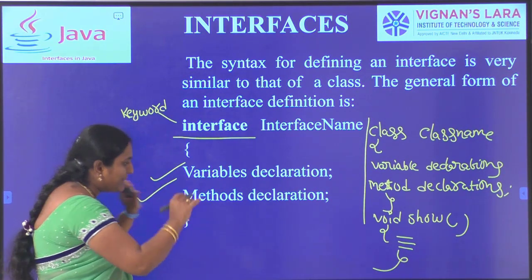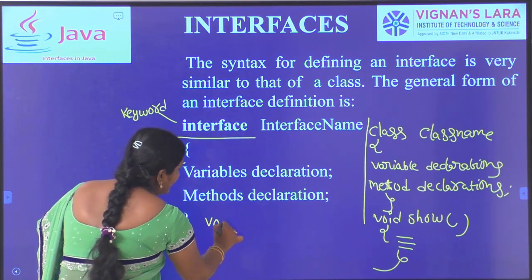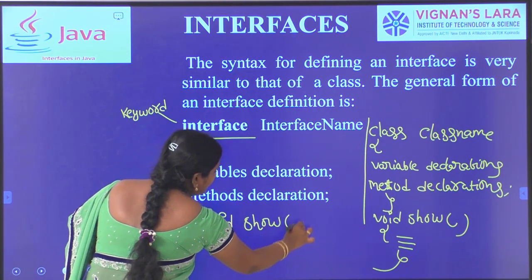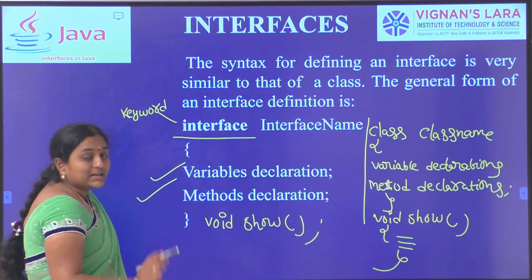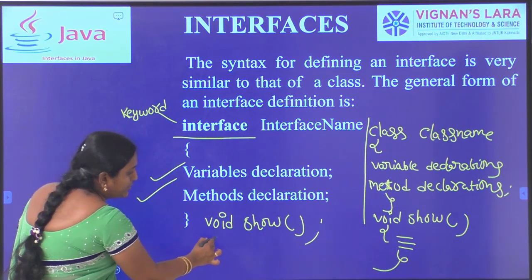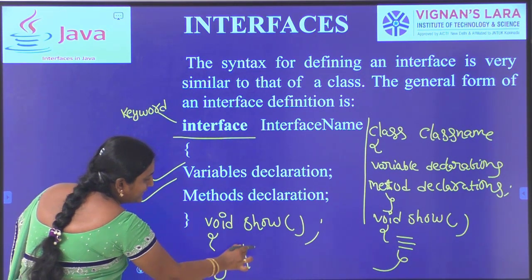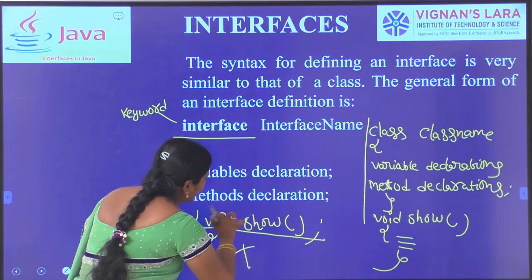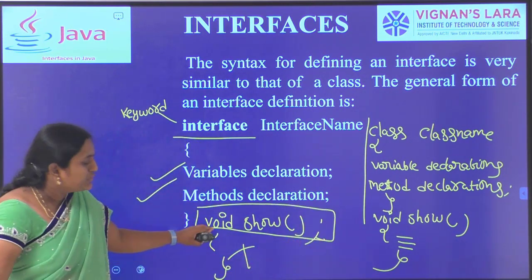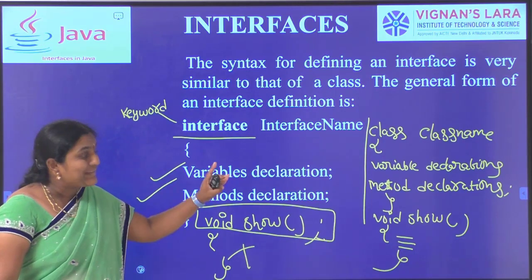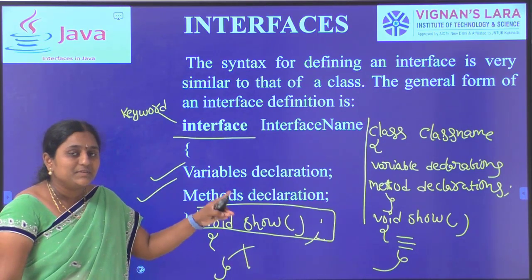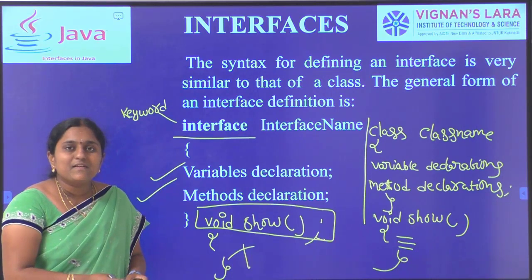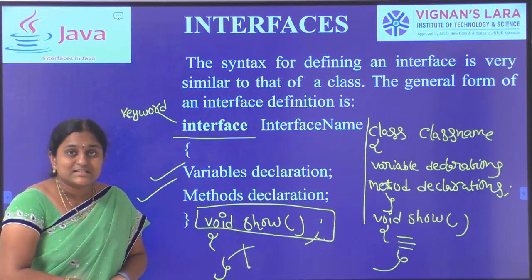An interface contains only method declarations. In the same way, I am writing the method in an interface also, but an interface contains only method declarations without any body. Here we are not implementing the method body. It contains only method declarations without any body. But a class contains method declarations with the body. That's why simply we can say that interfaces are unimplemented structures.